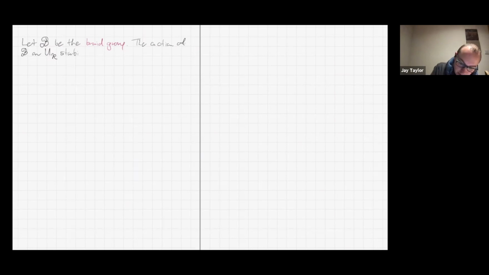So this stabilizes this subalgebra UR. Okay, so we get an action via the specialization of the braid group on this specialized algebra. Okay, and we define Z0